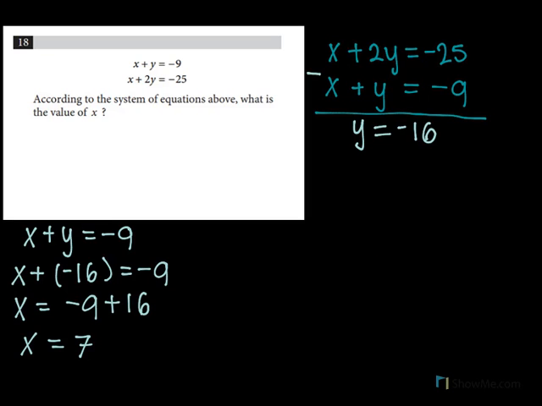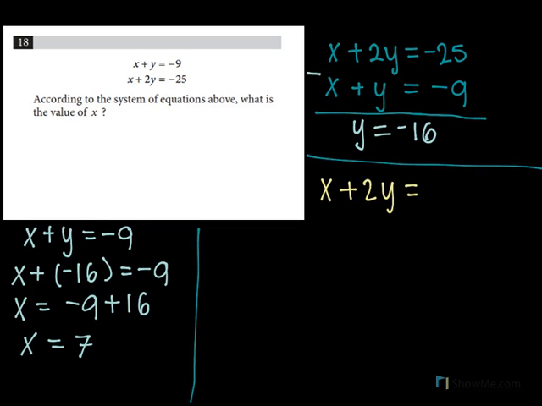And if you wanted to make sure, we could always plug in both of the values into one of the equations. Say, let's take the second equation, which is x